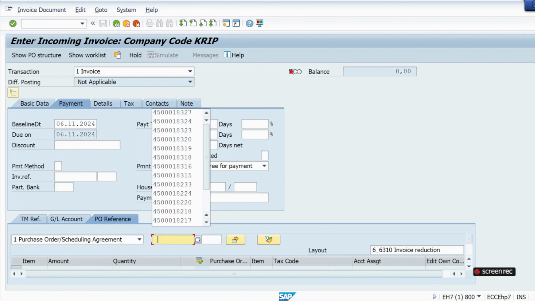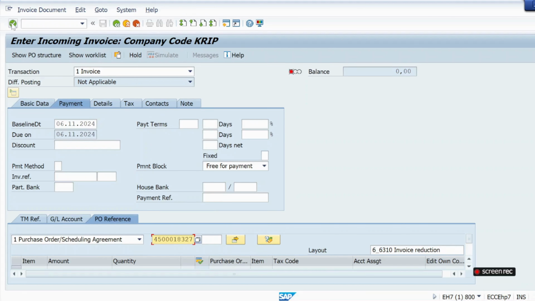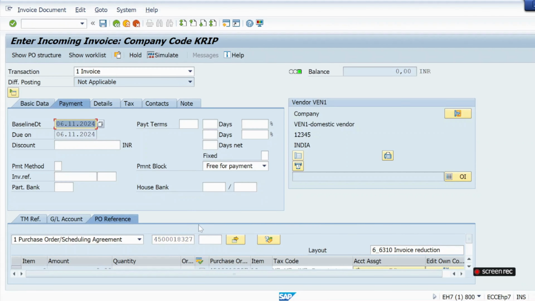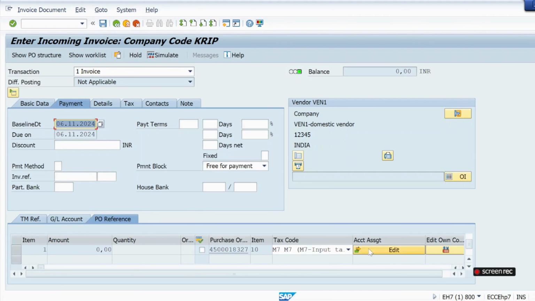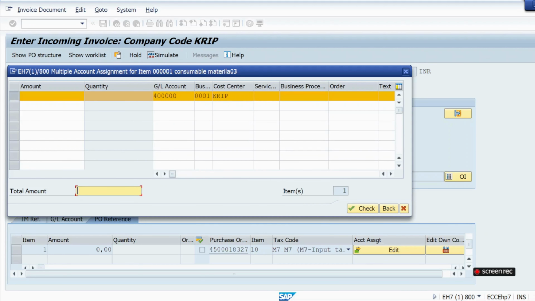PO reference, that same purchase order number, hit enter, and here in account assignment, I need to click on edit, and here let me give for 5,000. Can I do that? Yes, I can do that. Hit enter, check, go back,